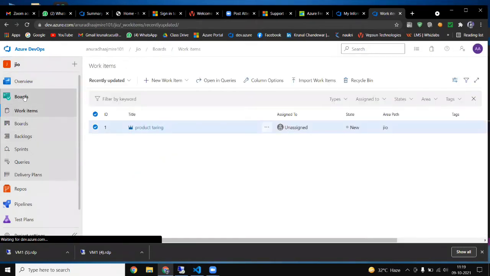This board is for our work item. Our actual work is done in board. And the board's work item contains things like Basic, CMMI, Scrum, or Agile. Everyone knows about Agile.